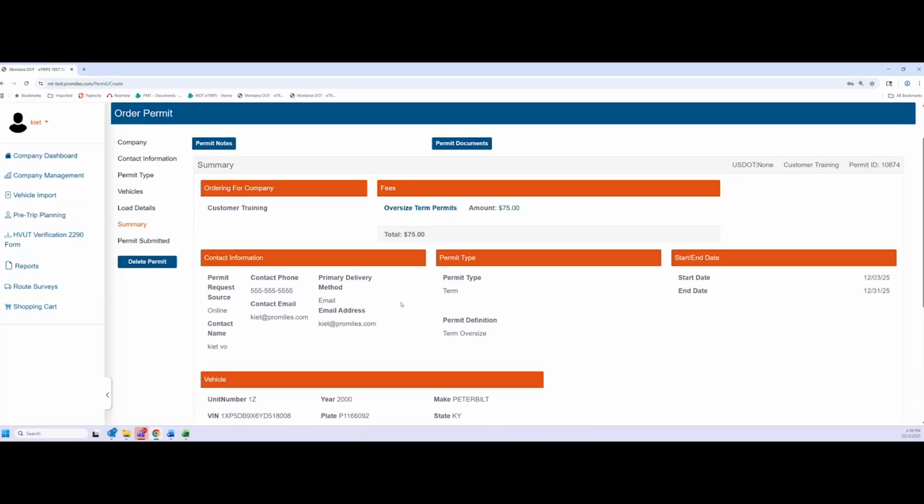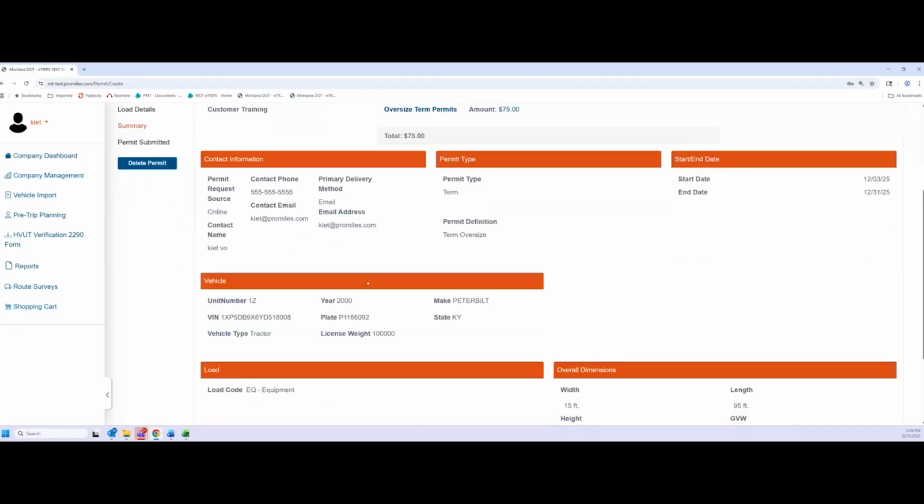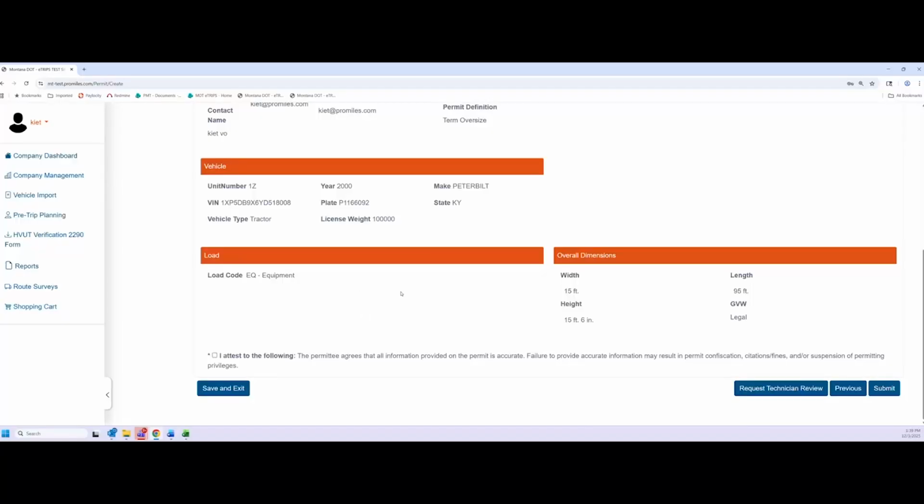And again, it's the same information and the same concept as the single trip. That gives you your basic company information, fees, vehicle, load code, dimensions, and of course you have to legally attest that the permittee agrees this information is accurate. Submit